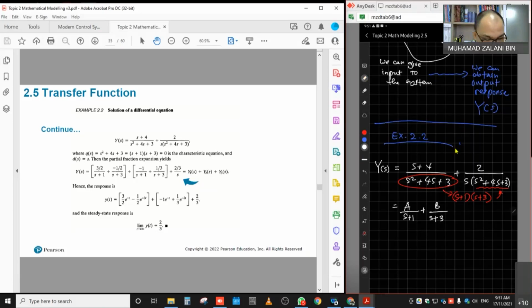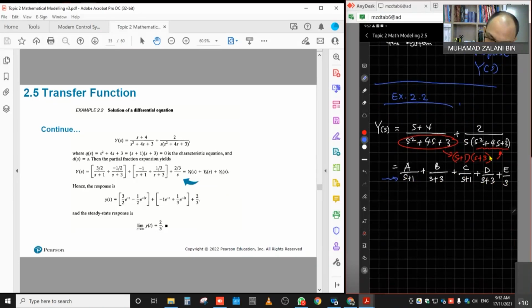Okay. So a, b plus c divided by s plus 1 for this term, the second term, plus d divided by s plus 3 plus e divided by s. Okay. So we have all the terms, where the denominator has been transformed into s plus 1, s plus 3, s plus 1, s plus 3 and s. If you multiply back the denominators, you will get back the expression above. Okay. Alright. Now, once we get that sort of equation,